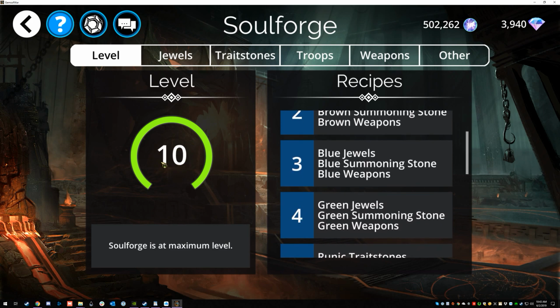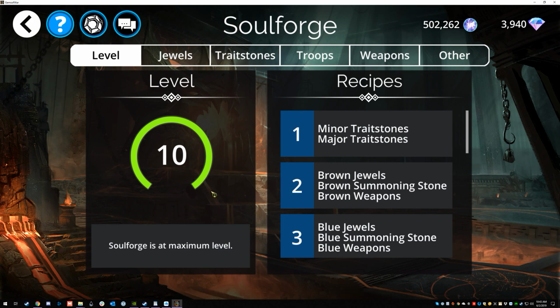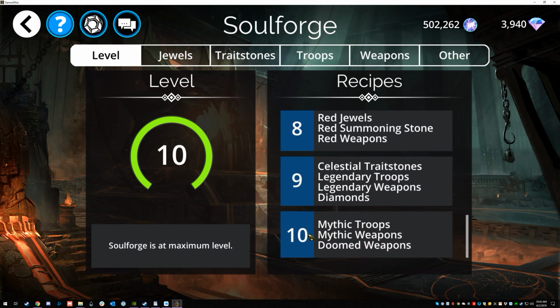But make sure you jump into this menu and click this upgrade button whenever it's available. The game will not do it for you. You have to manually level this up. So if you killed 10,000 troops and this thing was still level 1, hitting this button is only going to upgrade it to level 2. So you have to make sure you jump in here and upgrade this thing every single time you have an opportunity to. But all the way at the end here, once it gets to level 9, level 10,